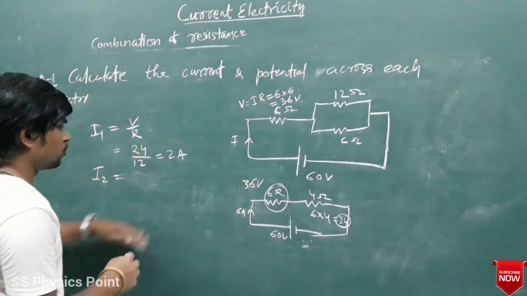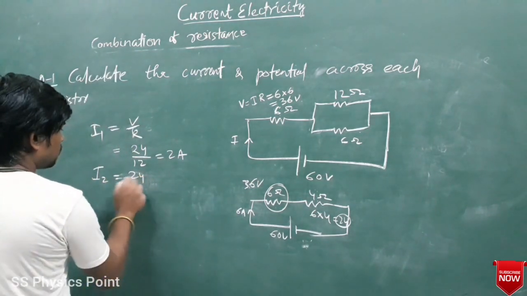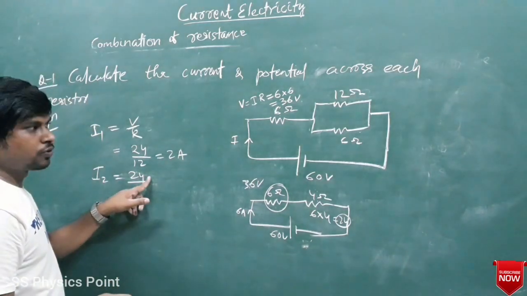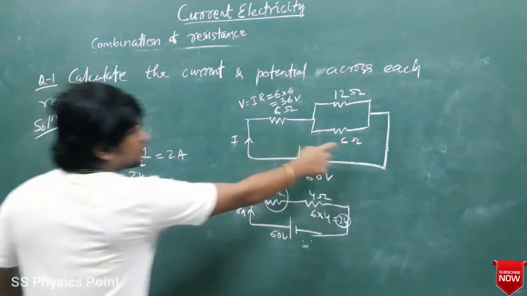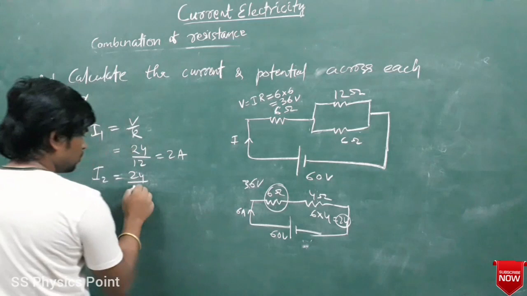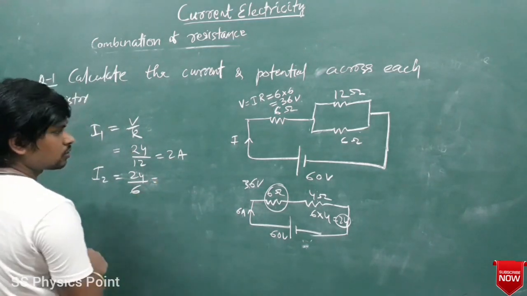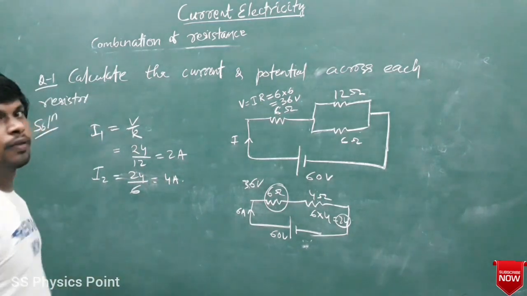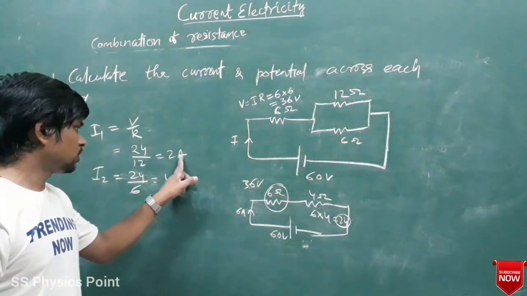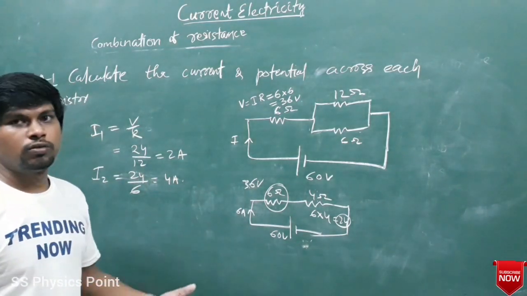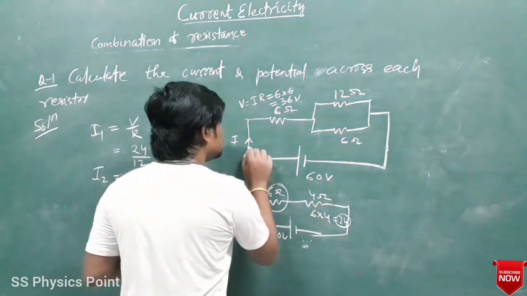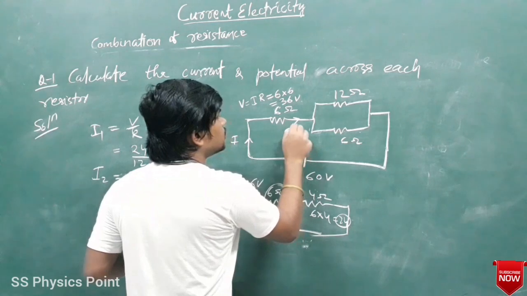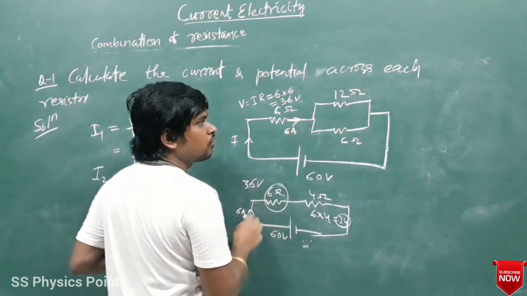सिमिलरली, सॉरी उल्टा लिख दिया मैंने। पोटेंशियल हो गया 24, रेजिस्टेंस कितना है इधर इस रेजिस्टर में, 6। सो दिस इज हाउ मच, 4 एम्पियर। तो हो गया, देखो 4, 2 मिला लो, 6 हो रहा है। तो ये 6 एम्पियर इधर से जाके इधर जा रहा है, इधर कितना जा रहा है, 6 एम्पियर। This 6 ampere current is flowing here and